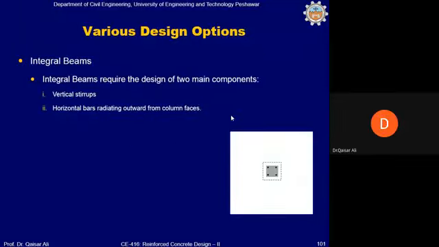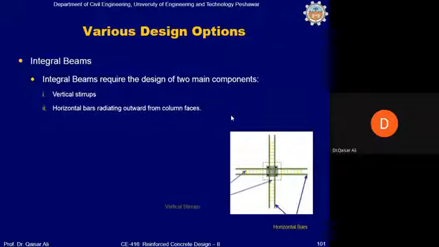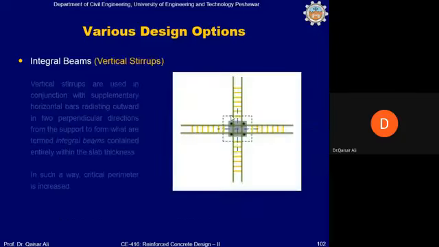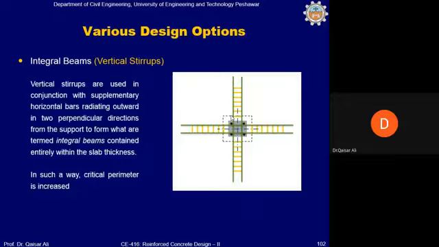Okay, now coming to the integral beam requirements. If we are providing integral beam, then there are two main components of the integral beam. One is length of the integral beam, and the other is the vertical stirrups. Okay, and how are these going to be provided? Let's see. The vertical stirrups will be calculated. The vertical stirrups